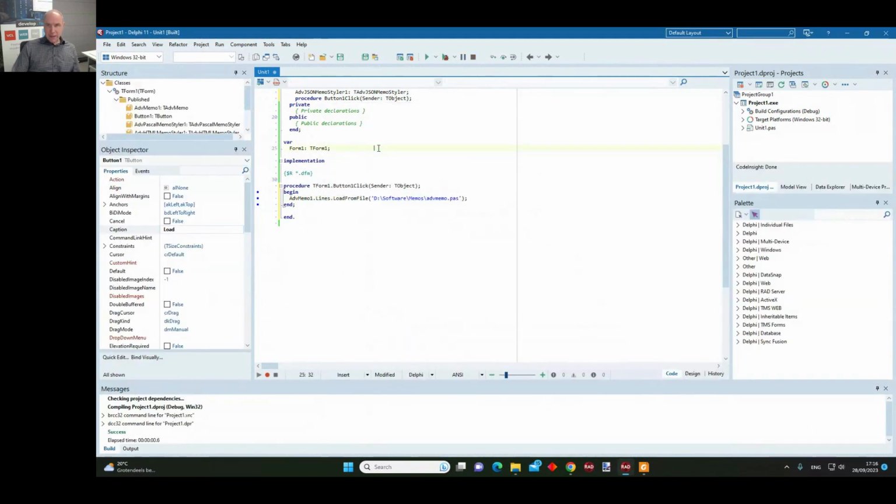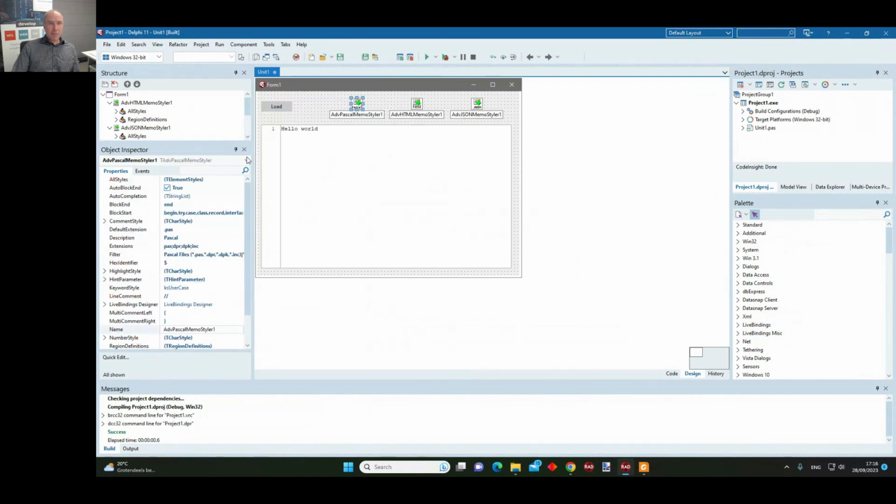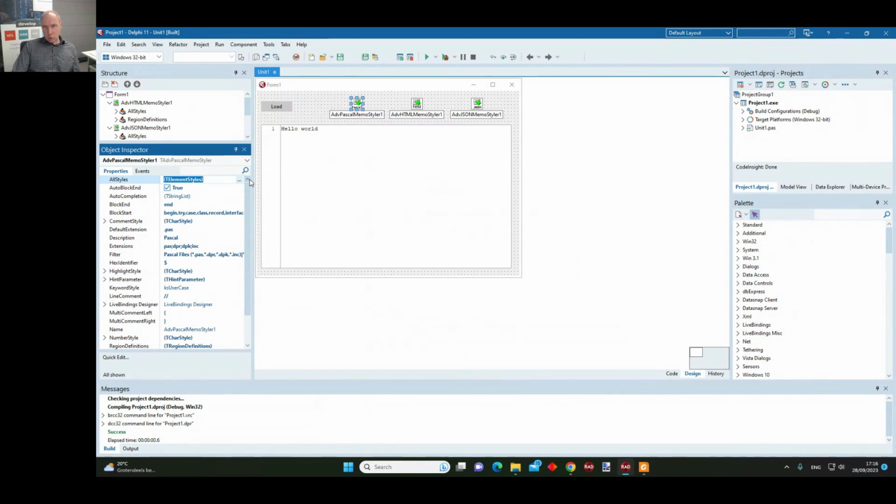Maybe let's have a brief look at the Pascal Memo styler. What does that do? That descends from the custom memo styler and holds all settings that apply to the definition of the Pascal language. Among these are, for example, what is a code block? A code block can start with these words, for example, and a code block ends with the word end. That is what we are used to as Pascal developers.